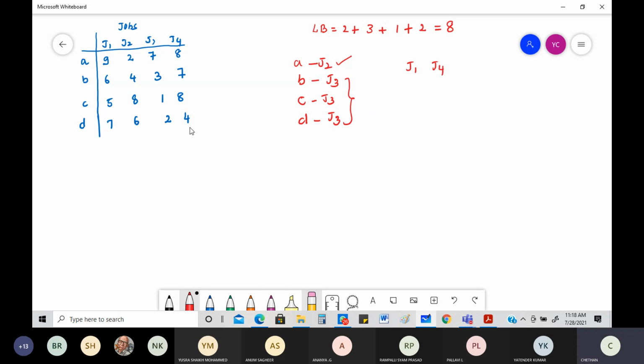People who use common sense to figure this out will see it is wrong, because you can very clearly see that the same job is done by 3 people, and J1 and J4 are not done at all. They've been left out. This is not the right way. So we figure out the lower bound first because we need to go right from there. So first the lower bound is found out. After that, what's the next step?